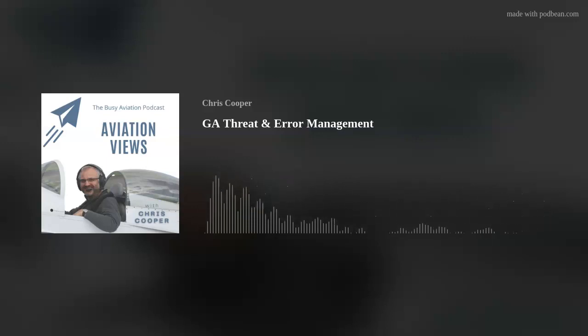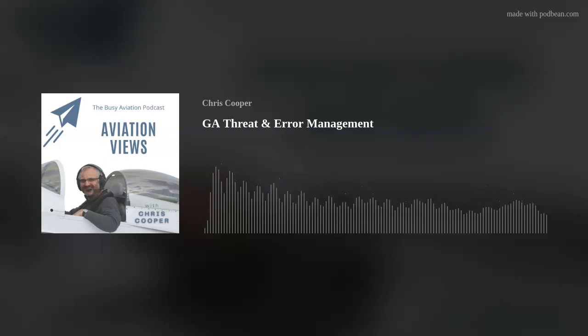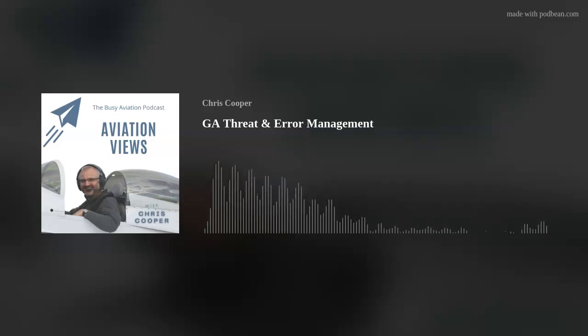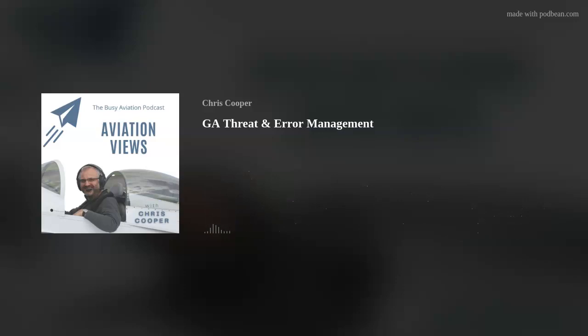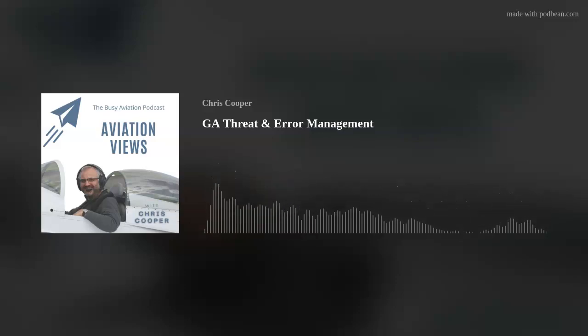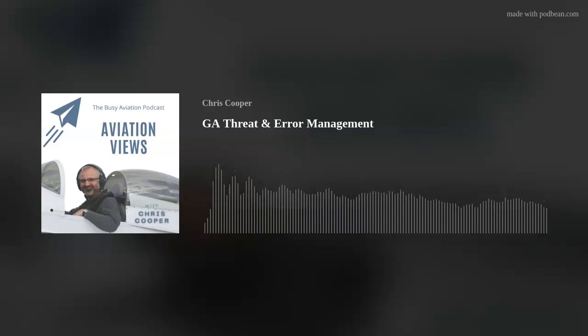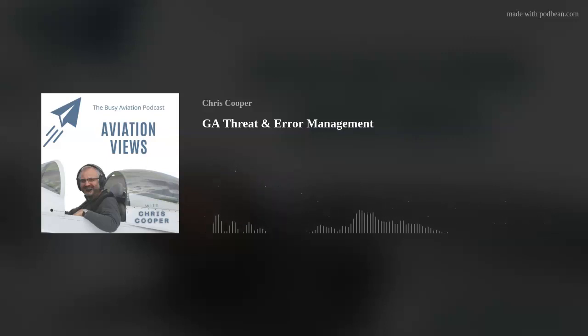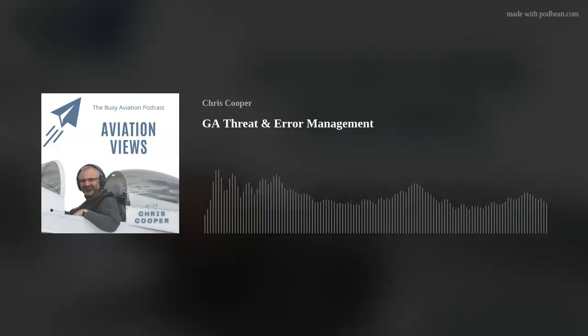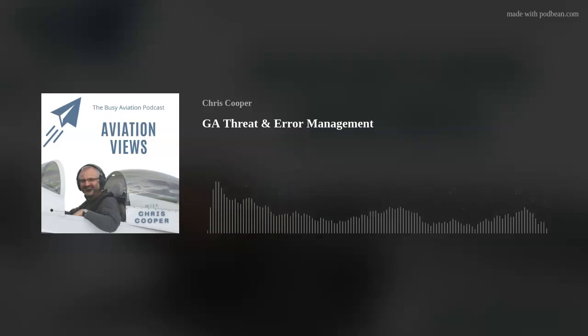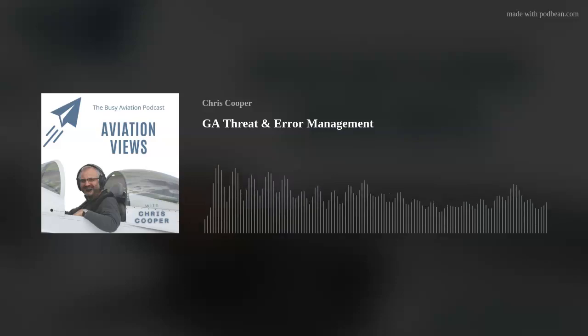And this transfer between a switch from error management to sorting out the problem that we're now in is often what leads to a bigger or more severe incident or accidents than would have happened if we'd have just sorted out the problem that has occurred. So this undesired aircraft state is transitional, and that means it's between you sitting fat, dumb and happy in a normal operational state and an outcome. And the outcomes are generally undesirable. For example, again, an unstabilized approach.